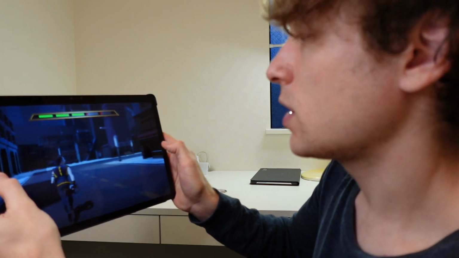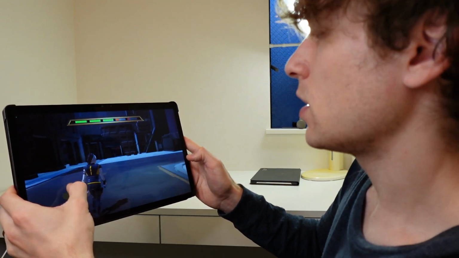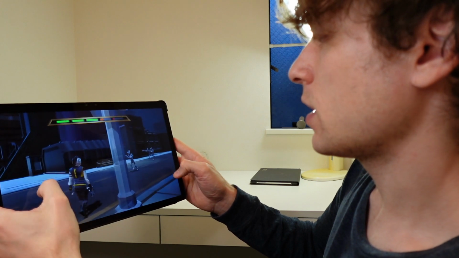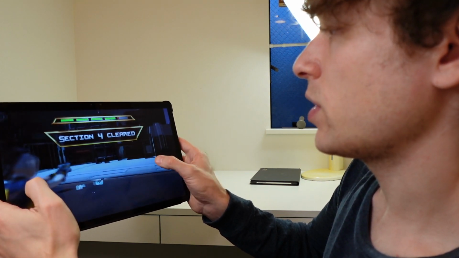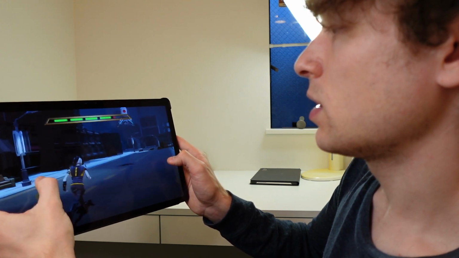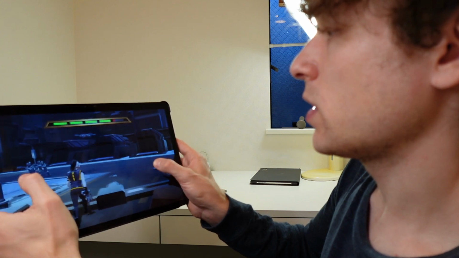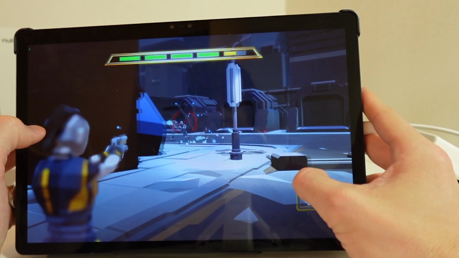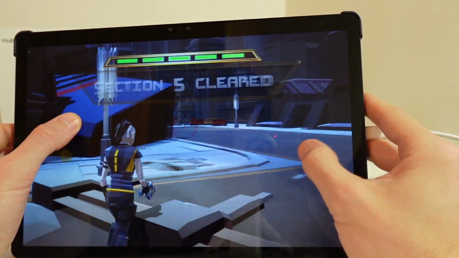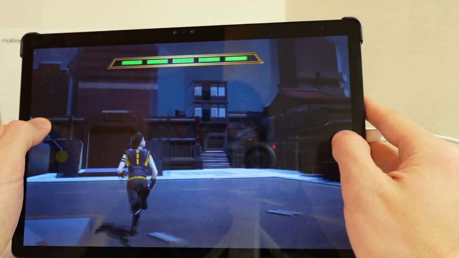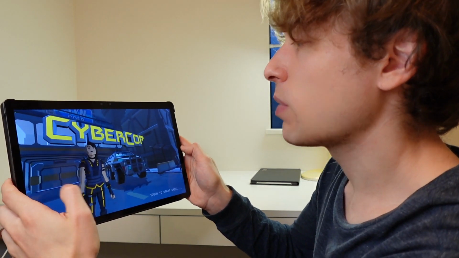You just continue walking down this street until you've found and defeated all the targets like this. They don't really do much damage to you. It's pretty hard to lose at this game. And I think there's only like 5 sections or something. I just cleared number 4. They fire their lasers at you, and the laser effect looks really cool. And that's it. Once you beat this little game demo, it brings you right back to the starting screen,